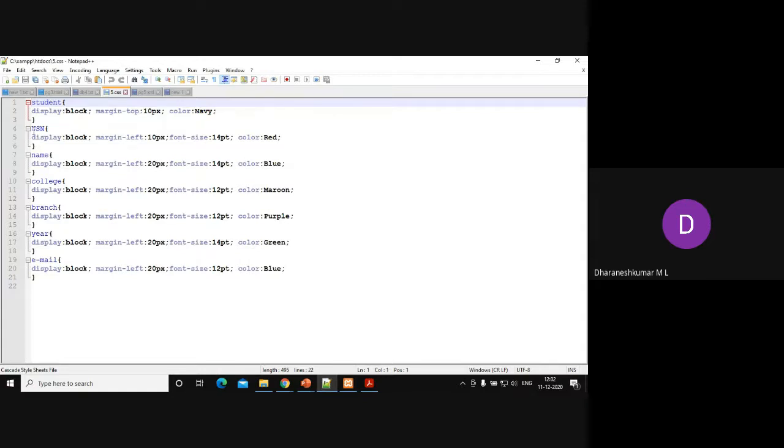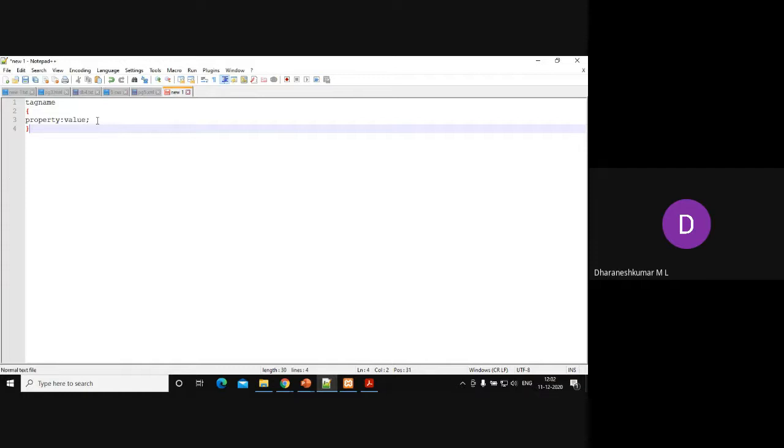Similarly, I can apply the CSS for USN. You write the tag name USN, then display block. If you want to specify multiple property values, you separate each with the semicolon symbol. So display colon value. Here I have specified only the first property. If you want to specify multiple, put a semicolon, then again specify property colon value.